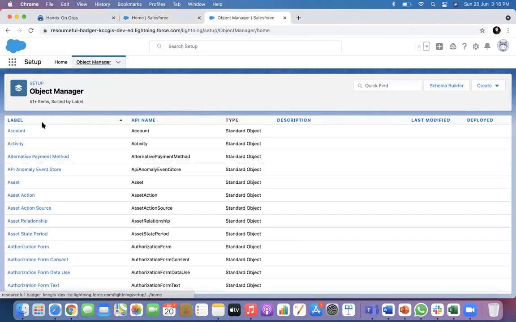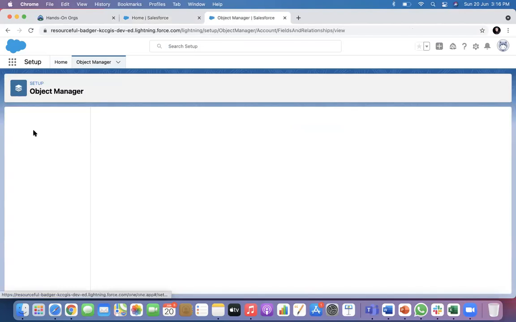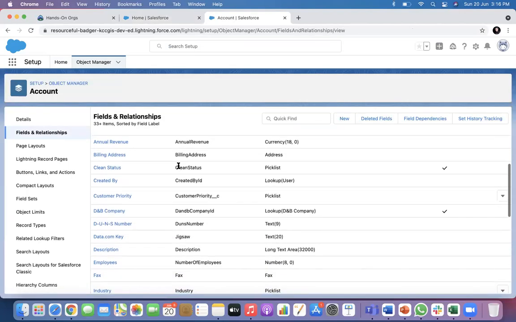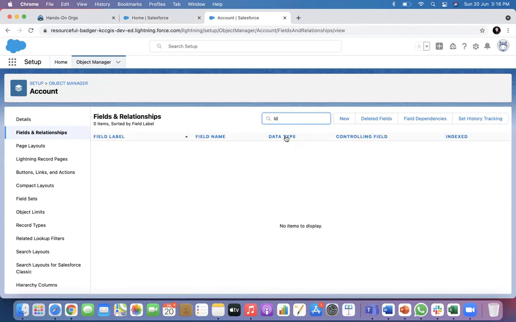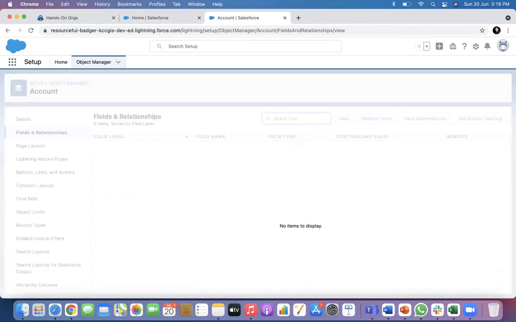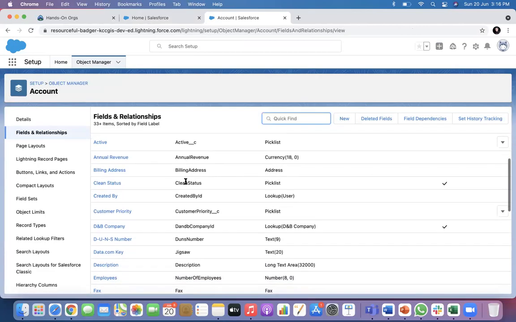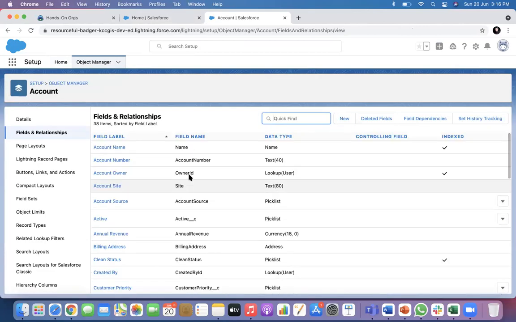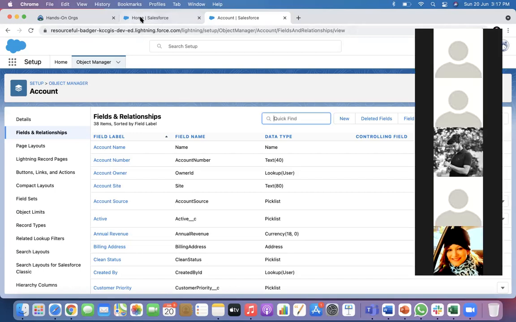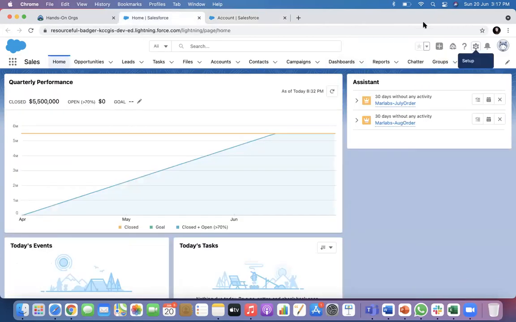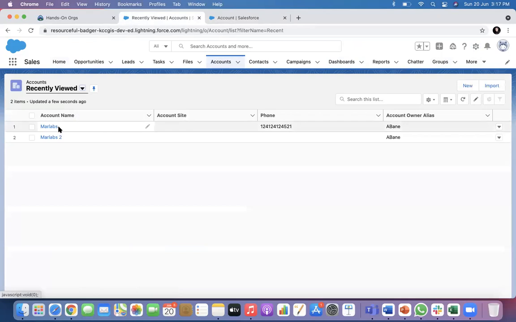When I go to Object Manager and see any object, like account, here on screen, you will not get any ID field, because that is not available directly as a field. But you can see that ID in two ways. Right now there are many ways, but right now you know of only two ways in which you can see that.